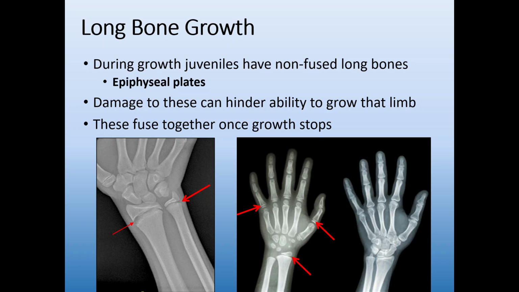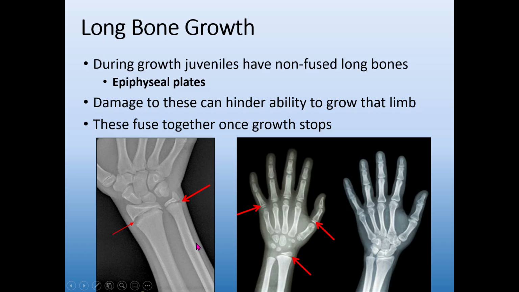This is allowed because we have parts of our skeleton that don't immediately fuse upon development. We have these epiphyseal plates, which are cartilaginous layers within your bones that continue to allow these bones to lengthen and potentially change in their particular shape as an individual gets larger. So these are found in mostly long bones. Remember way back when we learned about bones, long bones include most of your limb bones as well as your fingers. Your fingers count as long bones.